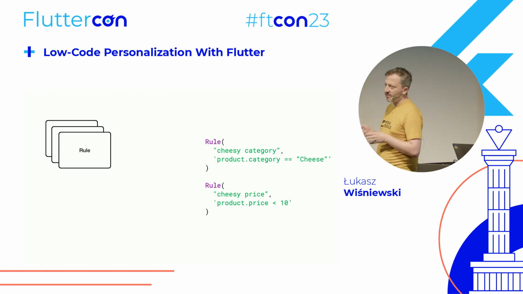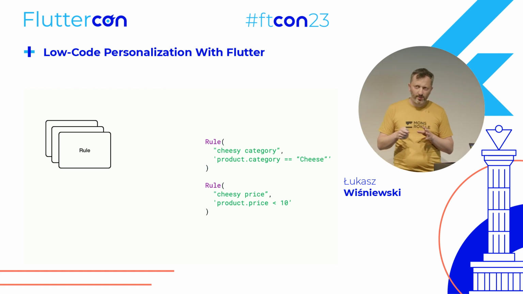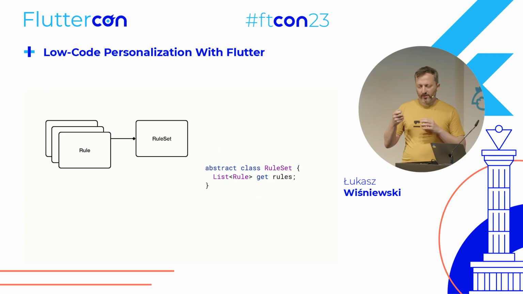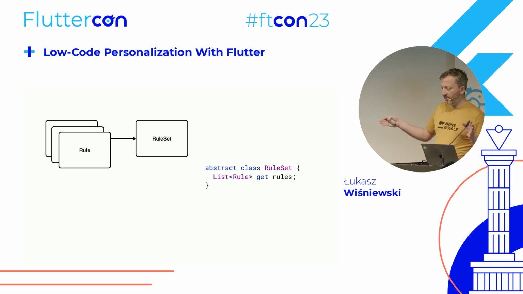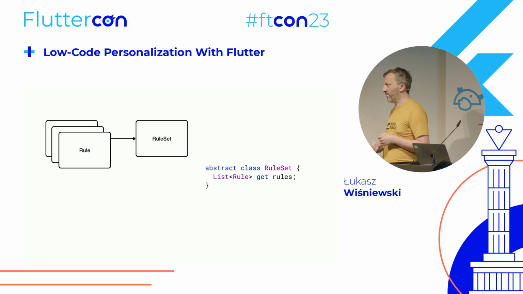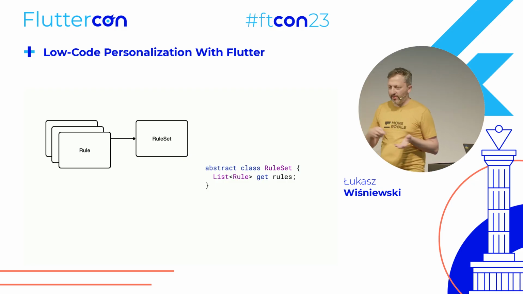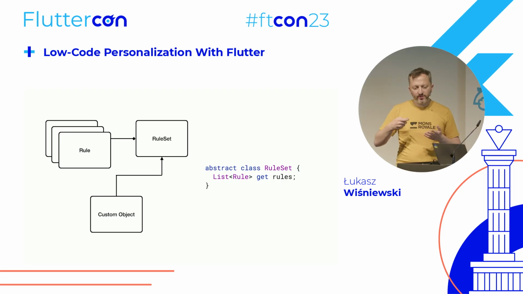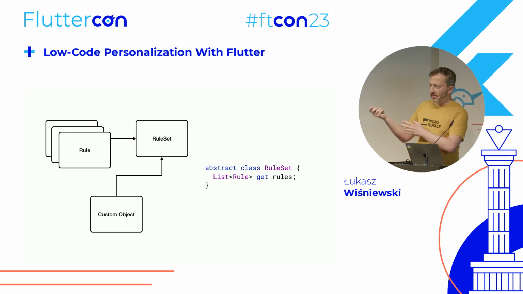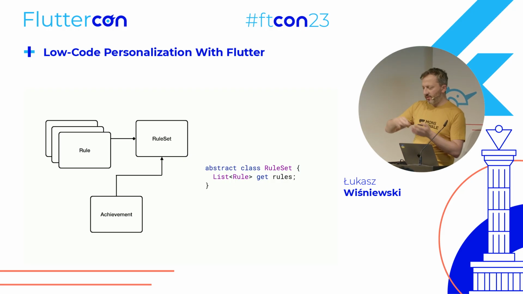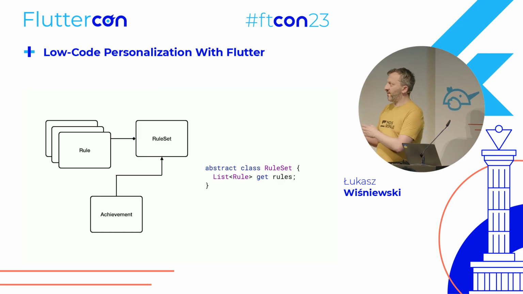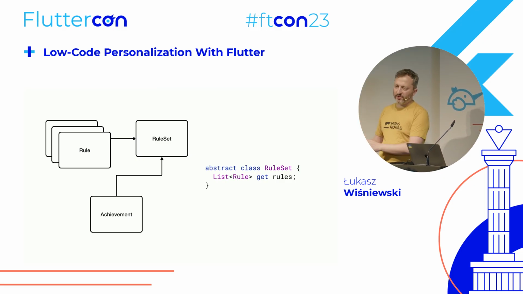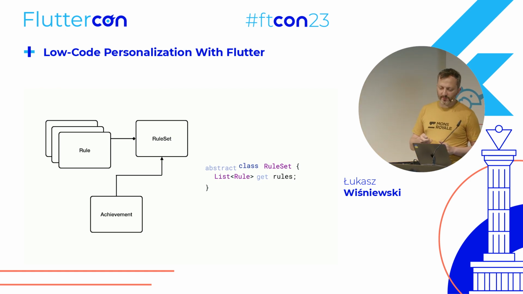And we also want to somehow illustrate that you can have multiple rules in your project. So we can do it by defining an interface. Finally, like our achievement, we can use that to tell that our achievement is implementing this class. So you only get this achievement if a specific rule set is met.